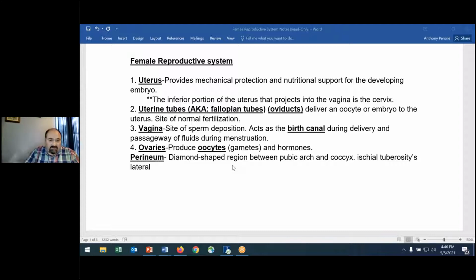The birth canal would be the vagina, right? This is where we would have deposition of the sperm, the ejaculate containing the sperm, and we talked about last week what's contained within that ejaculate, allowing for survival of the sperm and also for smooth muscle contraction within the birth canal, allowing for movement of the sperm to the egg. Recall that I've mentioned multiple times that the uterine tubes, aka the fallopian tubes, aka the oviducts, all the same term for these duct systems, are the tubes where fertilization will take place.